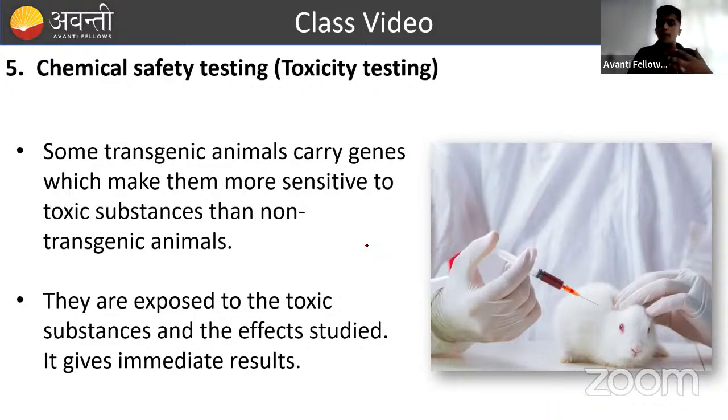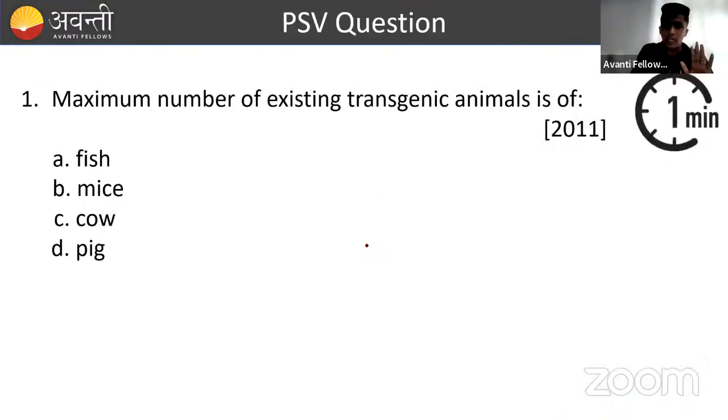Understood? So it can be cosmetics. Okay. A lot of people use cosmetics, right? So imagine you use shampoo and you have severe hair fall or you have rashes on your skin when you use soap. So it doesn't happen. How do they know? How do they create such a balanced product? On a regular basis, they're tested on these animals as they develop this product, and that will alter the results for our safety. Understood? So these are the applications of transgenic animals.